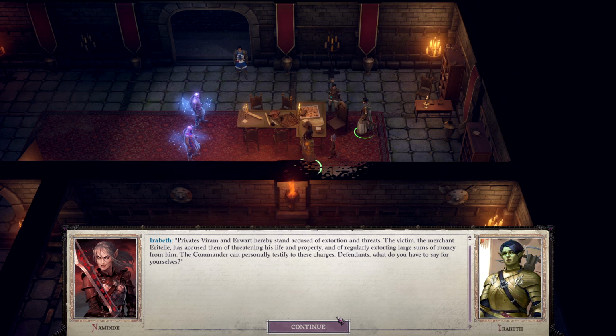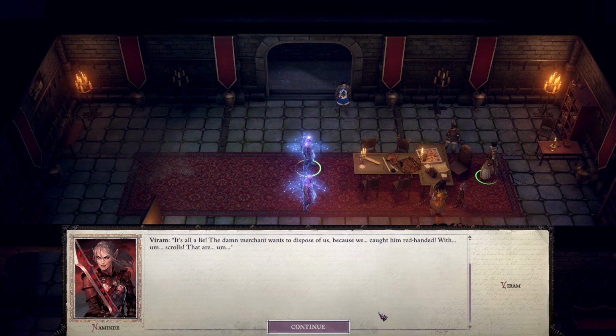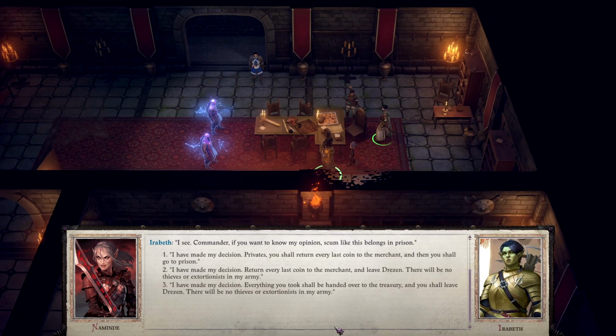Privates Viram and Urwart hereby stand accused of extortion and threats. The victim, the merchant Iritel, has accused them of threatening his life and property, and of regularly extorting large sums of money from him. The commander can personally testify to these charges. Defendants, what do you have to say for yourselves? It's all lies. The damned merchant wants to dispose of us because we caught him red-handed with scrolls that are